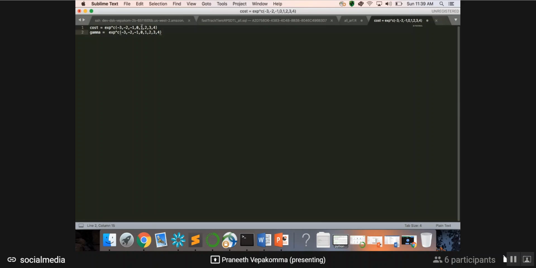E power 1 is about 2.7. E power 2 is bigger. E power 3, e power 4 is exploding quicker, like 16, 64, 128, 256, something like that. So you try like this. You're at least catching a very wide space of very small to very big, very quickly. You can obviously use more numbers here and more numbers at this end as well. You can do 5, 6. Then you're looking at even bigger values and even smaller values.